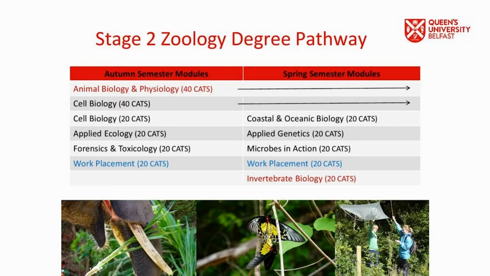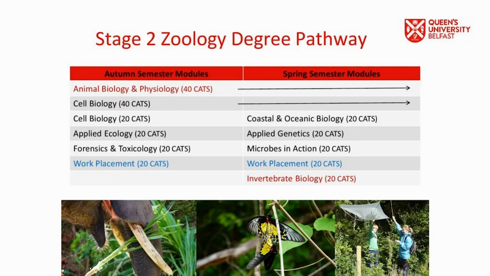Key aspects covered in this module include evolution, embryology, development, locomotion, and adaptations of animals, including those involving the sensory system, thermoregulation, and environmental physiology. It also encompasses a well-structured practical element which emphasizes the development of hands-on practical work which provides students with transferable skills for their future careers. The second compulsory module is invertebrate biology, a 20-CAT module delivered in the spring semester.